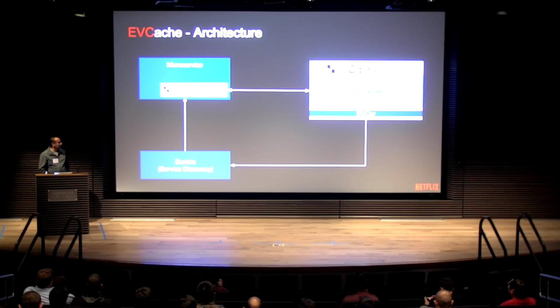Whenever the server starts up, EVCar registers itself with Eureka, our service discovery. And whenever a microservice needs to talk to a server, the EVCache client directly bootstraps that information from Eureka and connects to memcached directly. After this, any communication between the microservice and the cache is directly between the EVCache client and memcached. So when the microservice needs to fetch any data, it asks the EVCache client to fetch the data, and the EVCache client performs that operation.